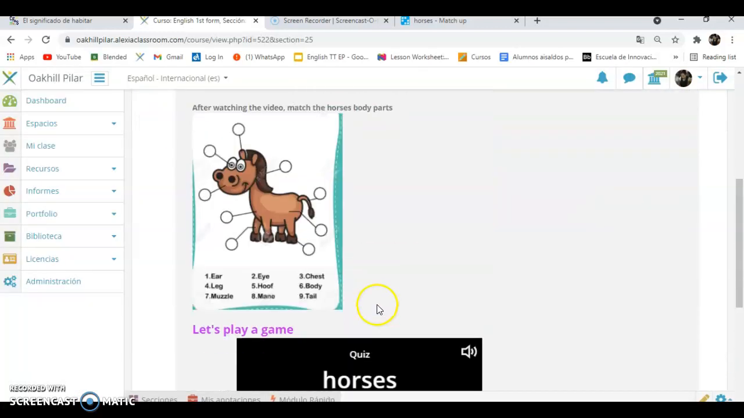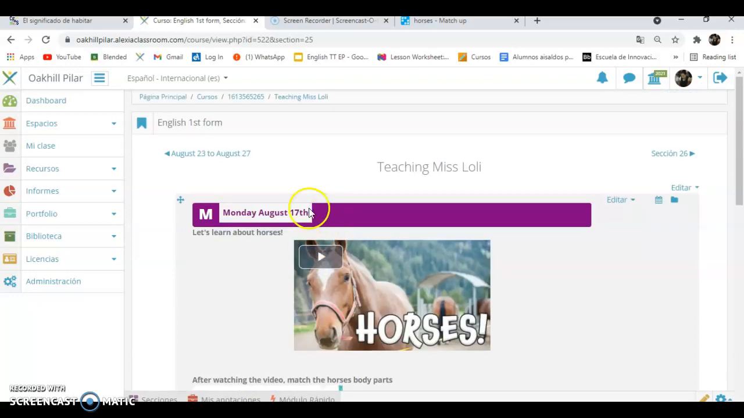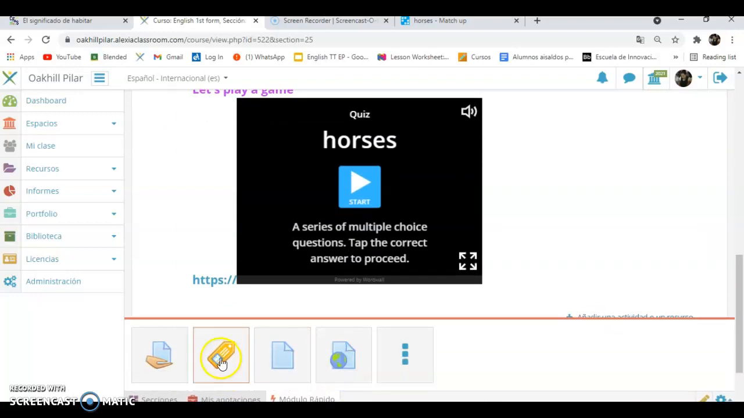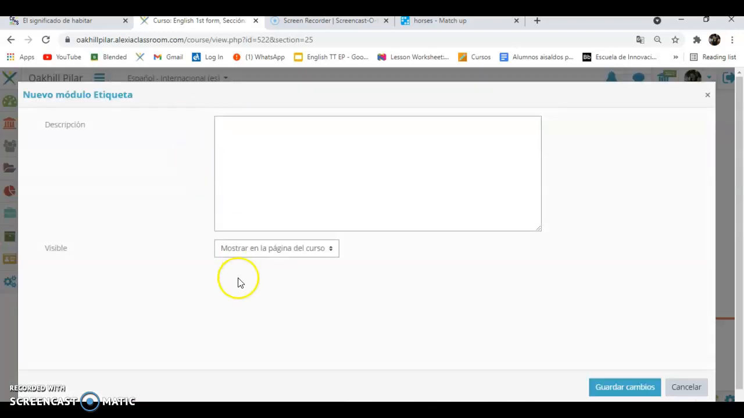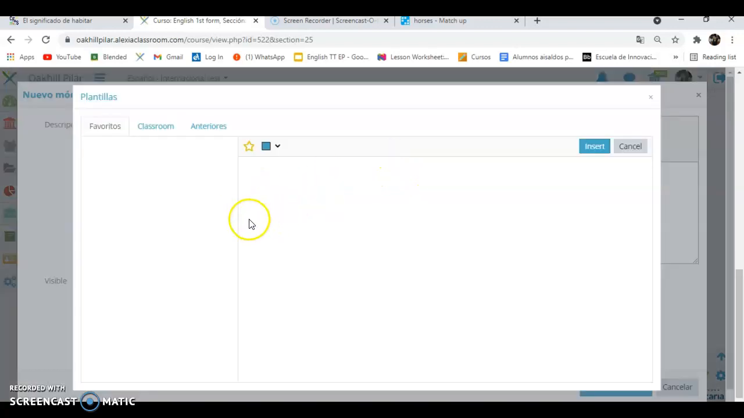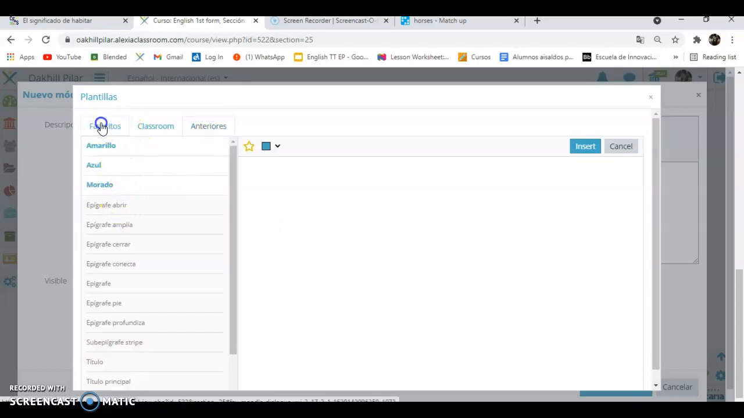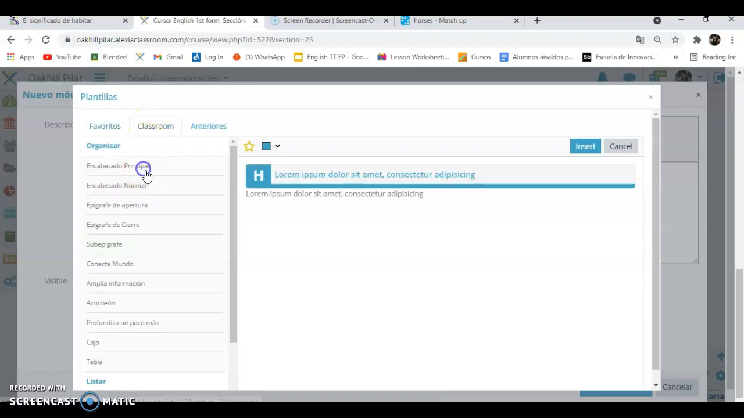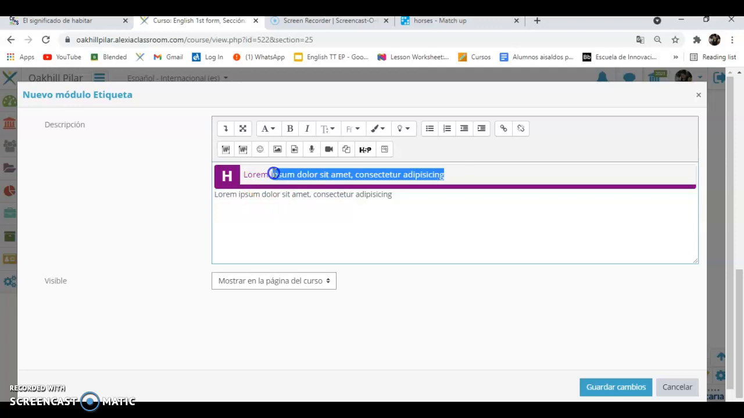Let me see. What else do you need to know? Okay, so I have Monday, and this is done. Suppose I will make another etiqueta for Tuesday, and well, it's the same. Here I write, I'm going to use the plantilla here, organizar, encabezado principal. I'm going to choose the same color. I put insert, and I put here